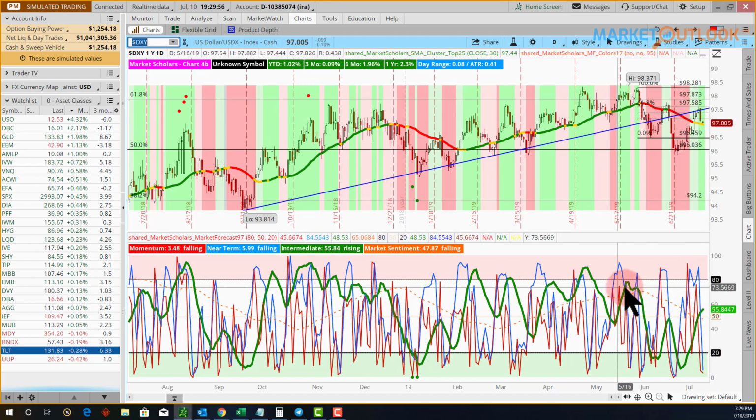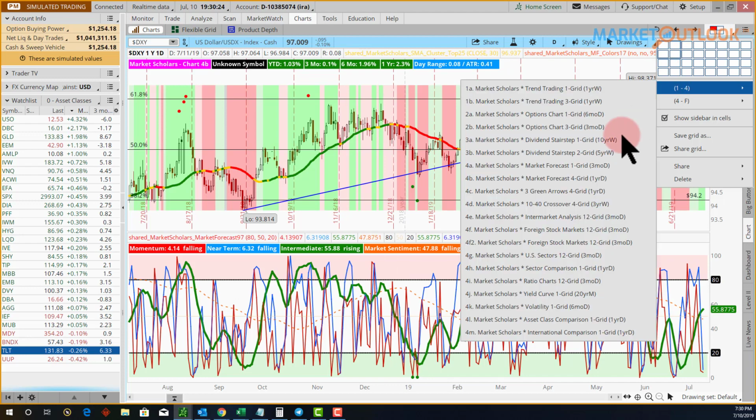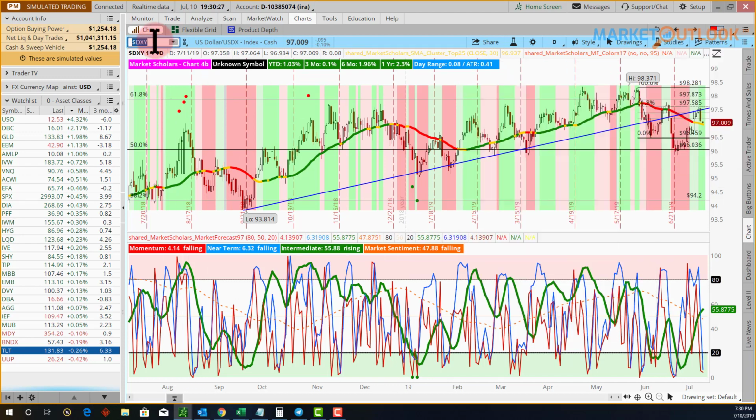That would be bearish, like this one was, when it gets above 50 and peaks without getting above 80. It makes a run here. This one eventually got up to 80. You can see here we got a couple times up to 80, and we continued to trend higher. But this last intermediate peak, after rising above 50, did not get above 80. And now we might get the same thing. And of course, it'd be a lower intermediate peak than the last one, and that would be bearish for the greenback. And of course, again, if you want to know the ramifications of what that would mean,